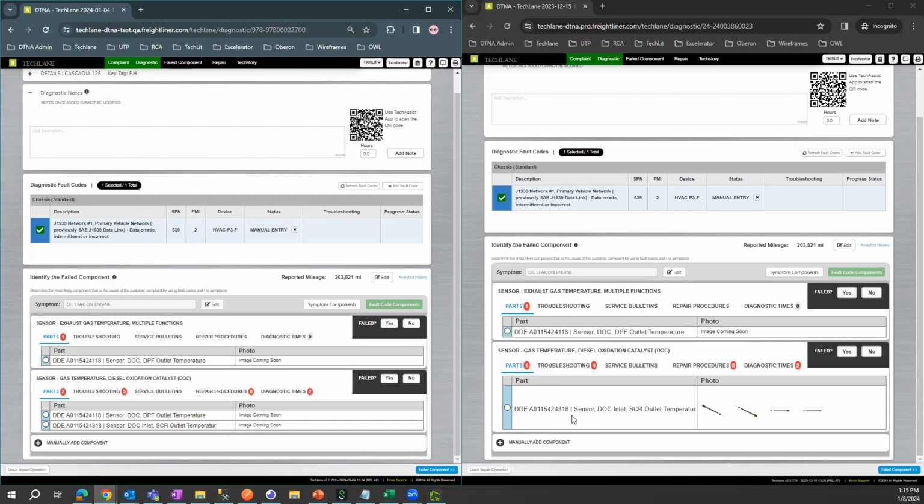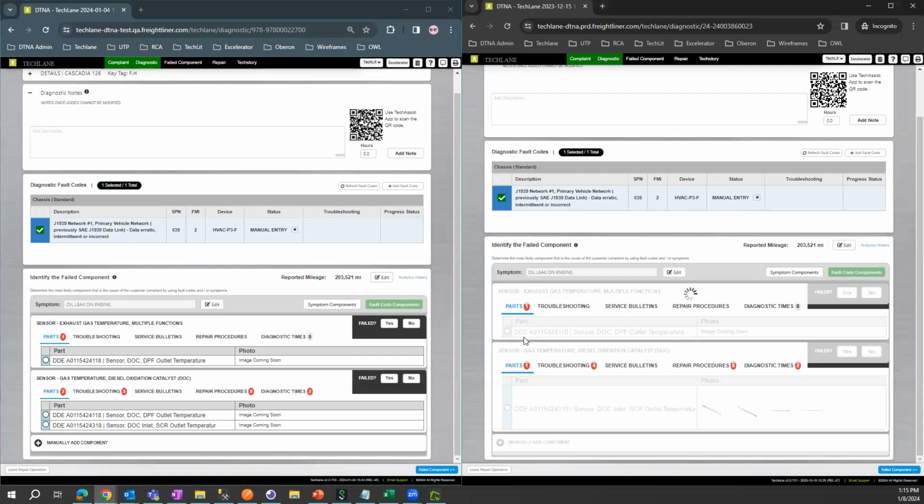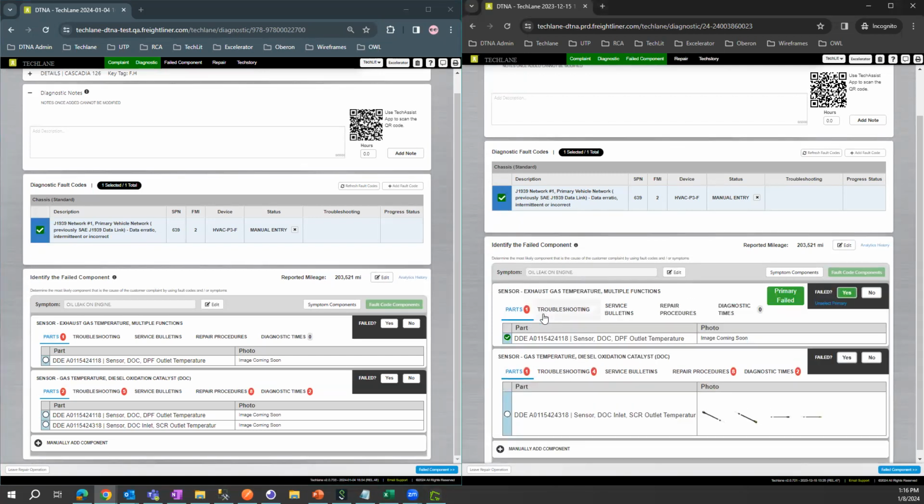We will display a parent component's parts associated to the child component. And you could go ahead and select those and proceed forward with your Techlane journey from there. The change on the failed component tab allows you to select a child component if you have a parent component on the diagnostic page. So the reason that's important, if I select this 118 part against the parent component in